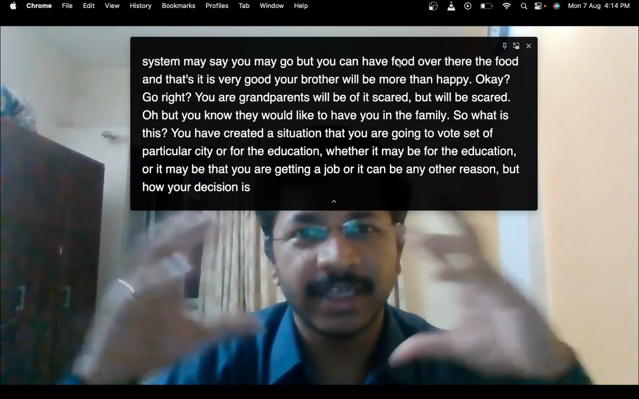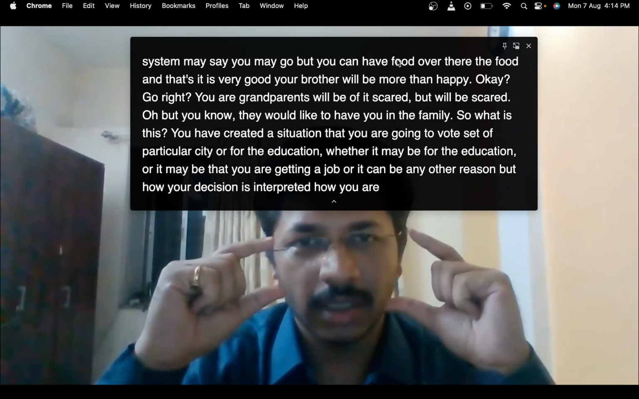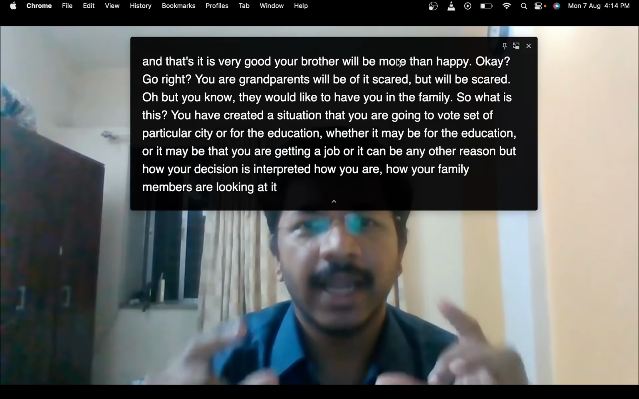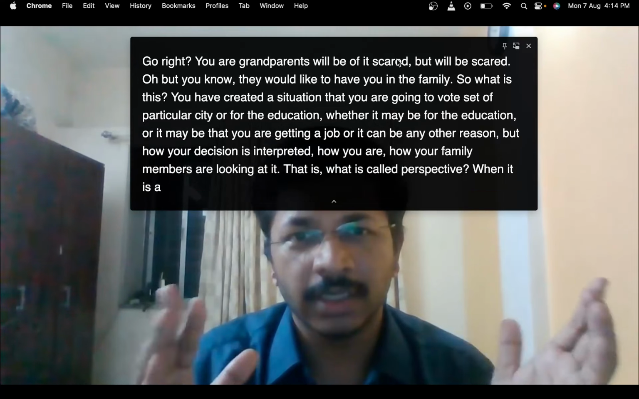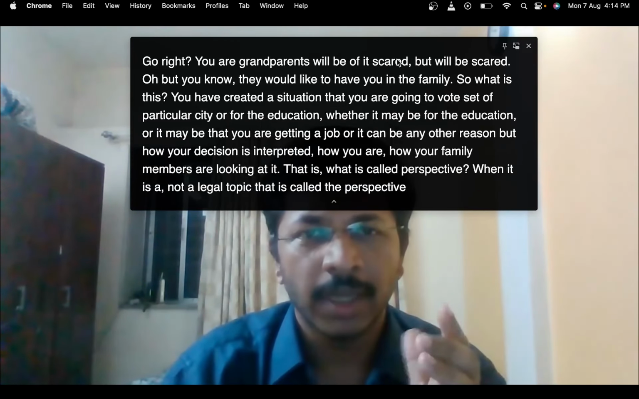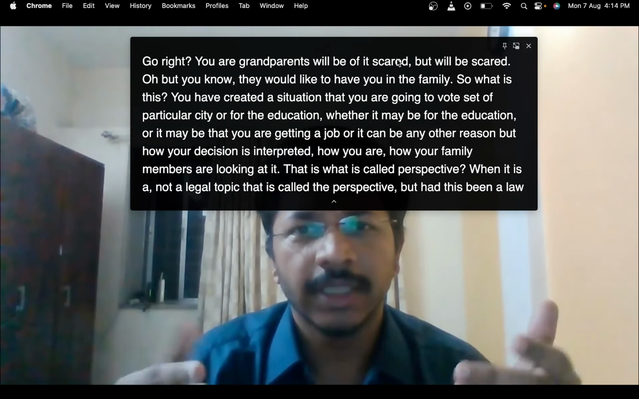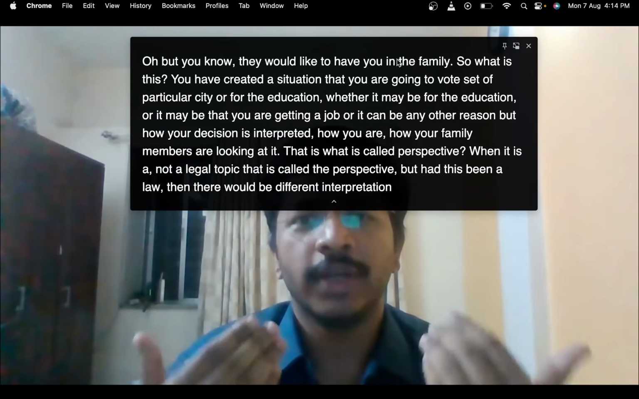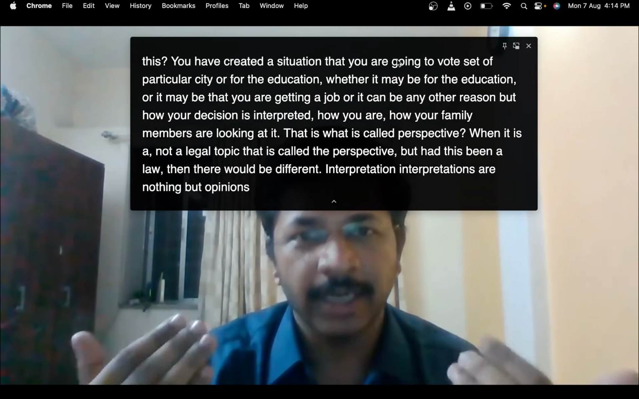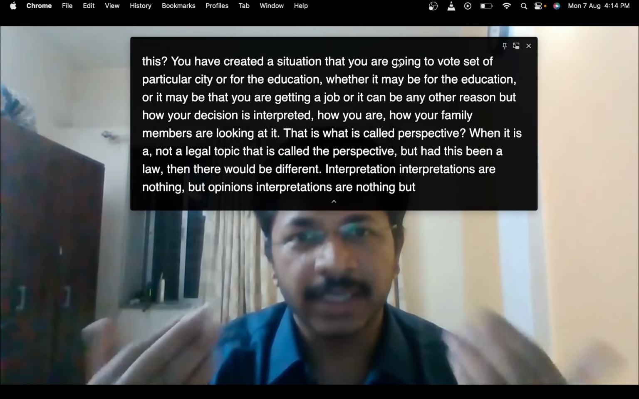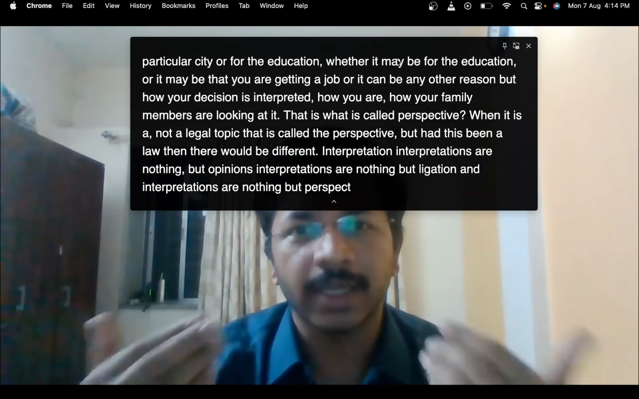Now how your decision is interpreted, how your family members are looking at it, that is what is called perspective. When it is not a legal topic, that is called a perspective. But had this been a law, then there would be different interpretations. So interpretations are nothing but opinions, interpretations are nothing but application, and interpretations are nothing but perspective of a particular